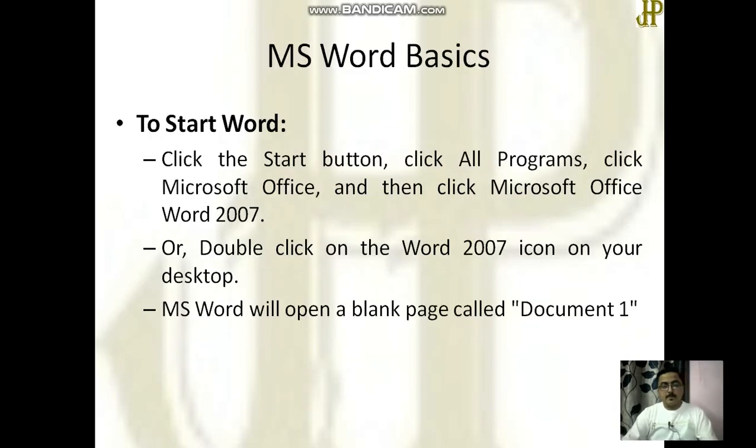So let's start. The basics of MS Word. The first question arises that how to open the MS Word. In my laptop, I have installed MS Office 2007. Okay? So how I will open?